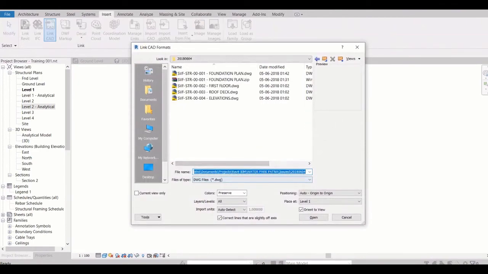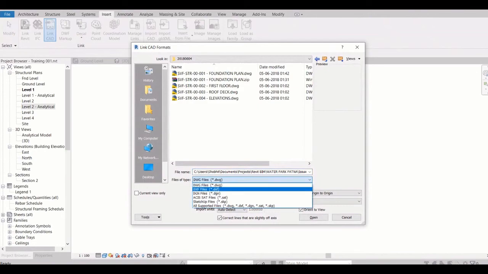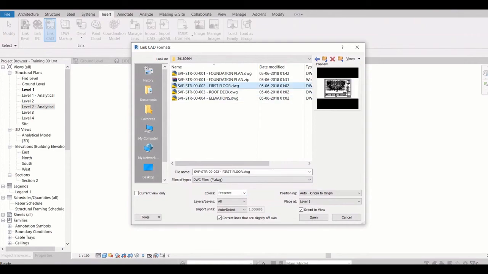Okay, then come to the settings. So what we can link: we can link dwg, dxf, dgn files also. But if it is a 2D file, that is good, perfect. Okay, we can link SketchUp file, SAT file again, right? So if we have any reference SketchUp file, we can also attach that one. Then color, if you want to preserve the same color.